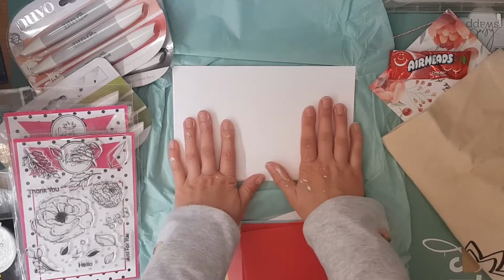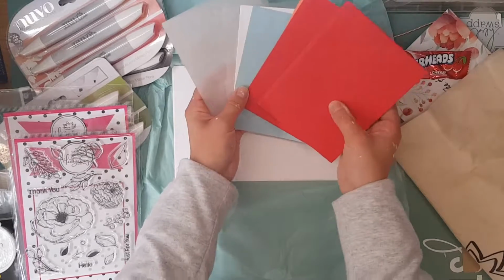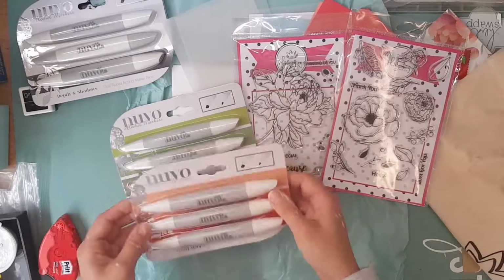So I'm going to have a play with this and I'm going to see what I come out with, but I'm really looking forward to playing with this, especially since it's taken a little while to arrive and get through customs. So this is going to be so much fun for me. Now,